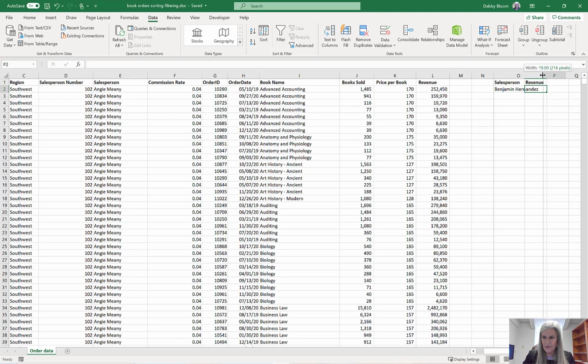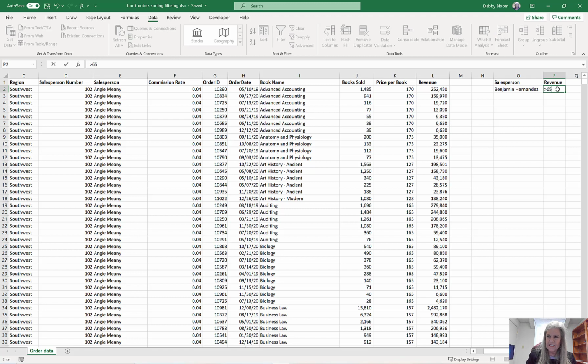So what I'm going to do is I'm going to click in cell P2, and I'm going to type a greater than sign, shift period, and then 65000. Now I'm going to do the extract the same way, but now my criteria range has 2 columns as opposed to 1 column. So I'm going to click a couple of cells below. Now I'm going to click within the original list,